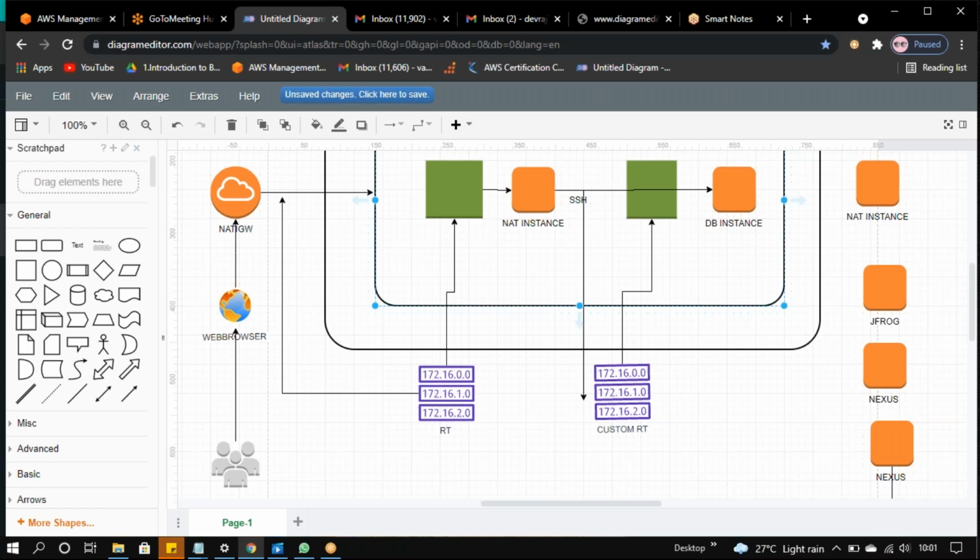Okay, I can do that also. I shared it with you by mail, you can check your mail.